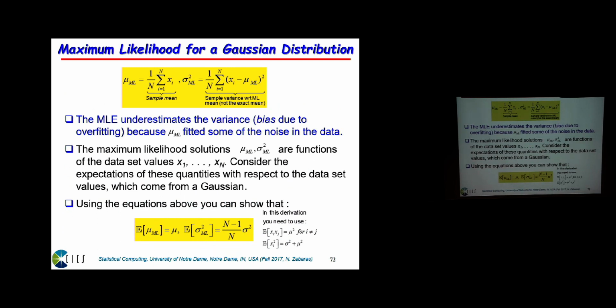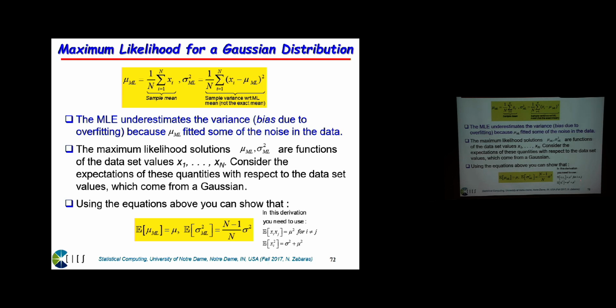So let's look at these expressions on the top. This x comes from a data distribution, let's say that it's a Gaussian. So will you agree with me that these maximum likelihood estimates are also random variables? I mean, I use, let's say, 50 samples of x, but each of them is a sample from a random variable, so they're random. They come from a distribution. So mu is random and sigma squared is random. So can we compute the expectation of mu and the expectation of sigma squared? I'm claiming, yes, I can. And these are the values that come out.